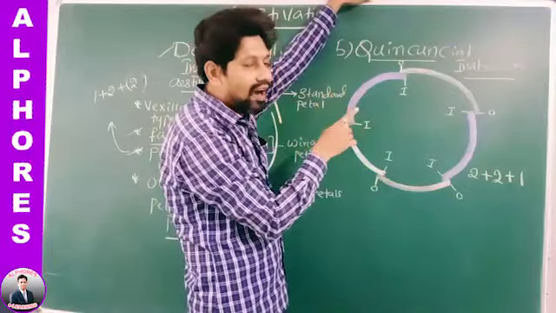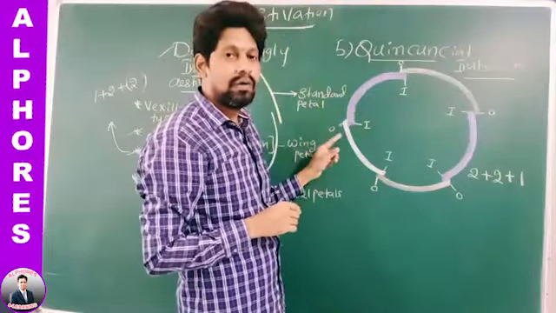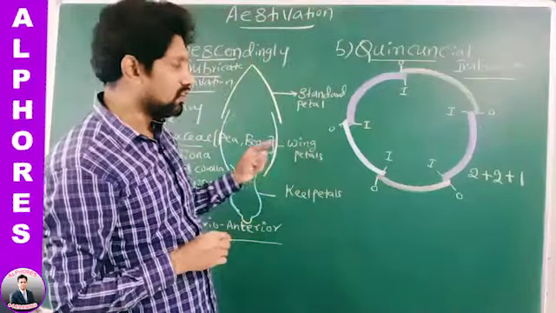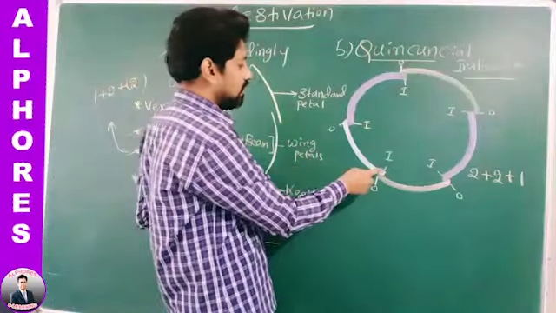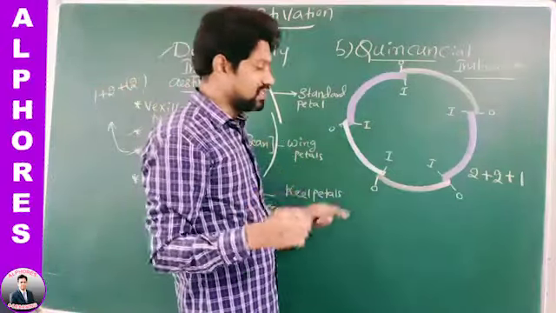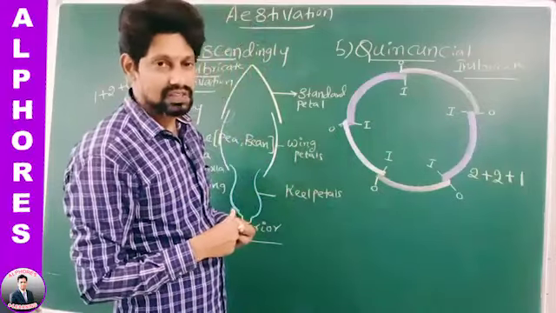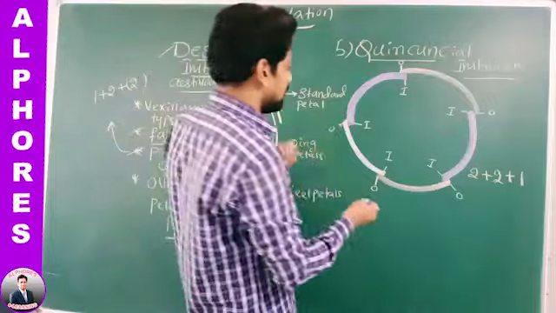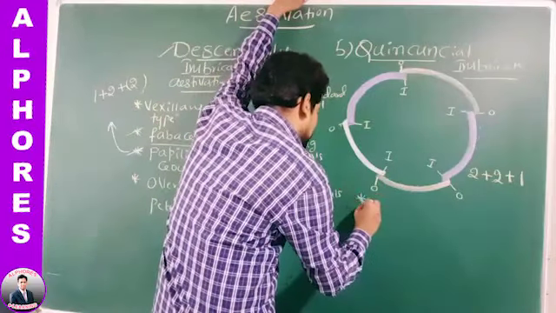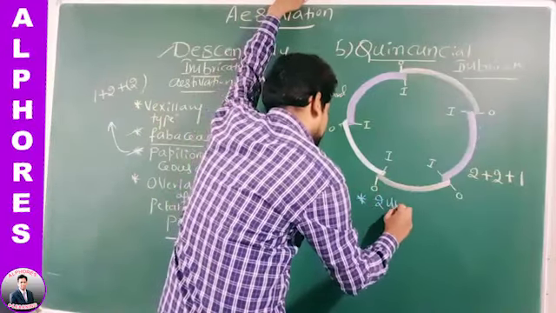Therefore, in quincuncial imbricate estivation, how many units are twisted? Only 1 unit is twisted. Twisted means 1 margin should be inside, another margin should be outside. Yes or no? Right? Therefore, sir, in quincuncial imbricate estivation, 2 units